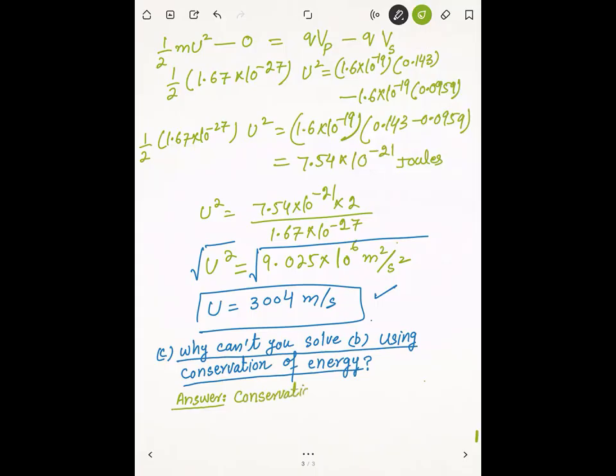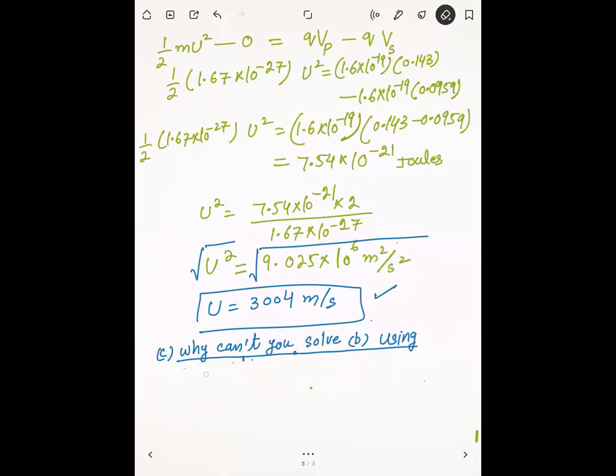No, it can be solved using conservation of energy. We solved it using conservation of energy. The question was, I'm sorry about that. Why cannot you solve B using equations of motion? Like, why cannot you apply equations of motion on the given question? One of the equations of motion is, for example, 2as is equal to v square minus u square. Why not this equation? The answer to this part is the electric force,